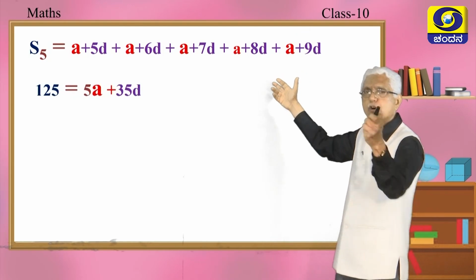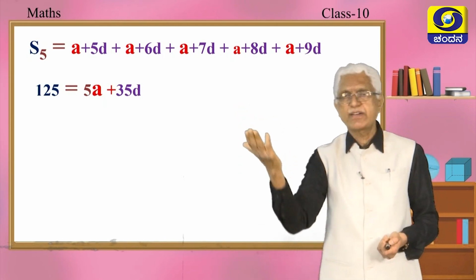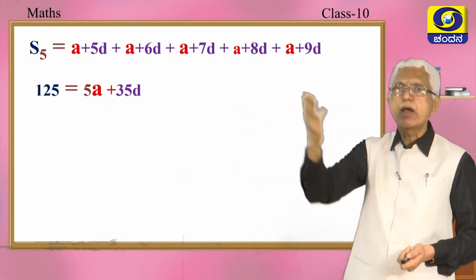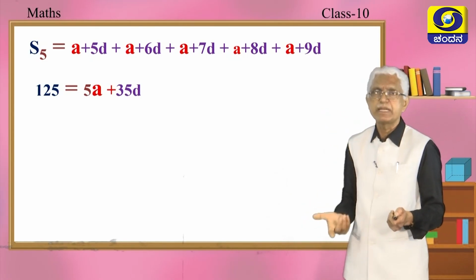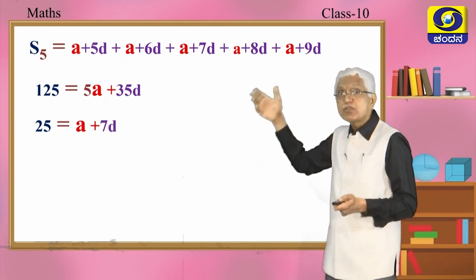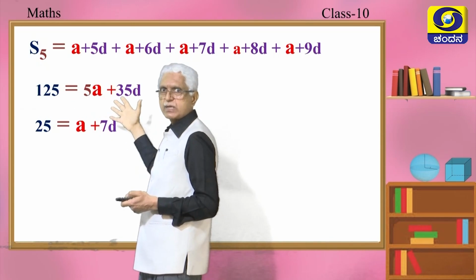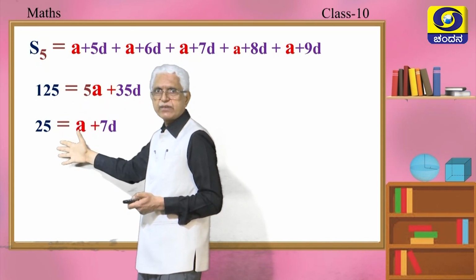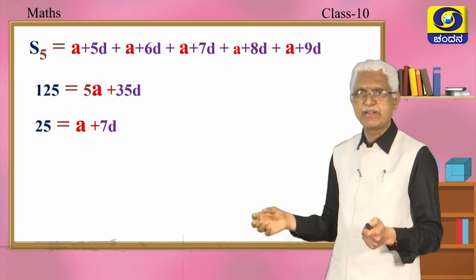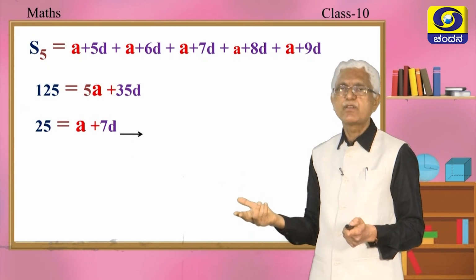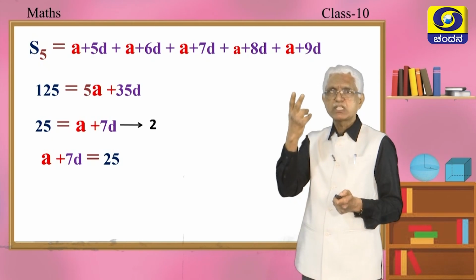Okay. And how much is the sum, or what is the sum? 125. 125 is equal to, there are A 5 times repeated, 5A, and D when you add you get 35D. Here again you know the same kind of simplification is being carried out. 5 25s are, you had 125 is equal to 5A plus 35D, correct? 5 25s are, 5 1s are, 5 7s are, 25 is equal to A plus 7D. Call this as equation number 2. So, you got a pair of linear equations, my dear children.